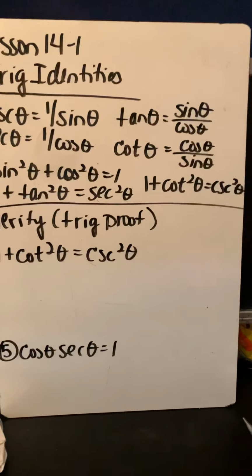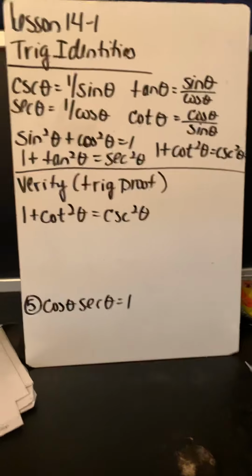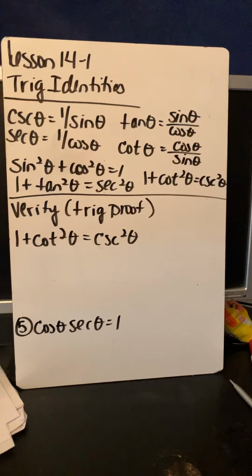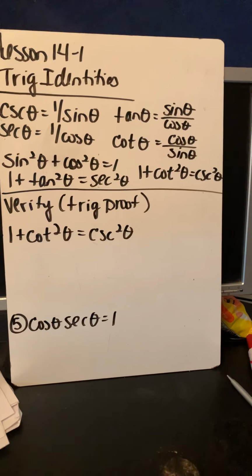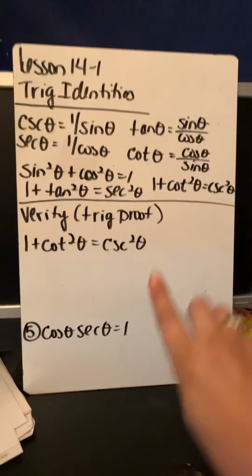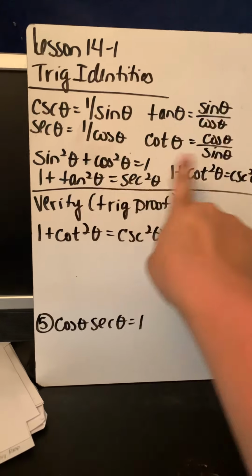All right, Algebra 2, today we're going to do lesson 14-1, Trig Identities. So we've got all these different trig identities that we're going to be using to do trig proofs, to simplify, all of that good stuff. So the identities are, these are your main basic trig identities up top, and you've already seen some of these